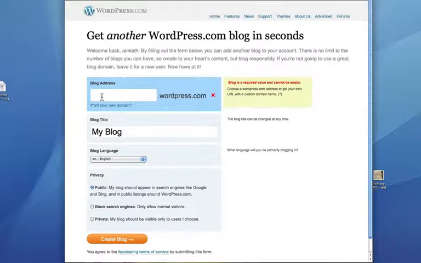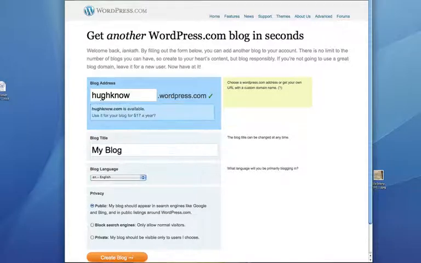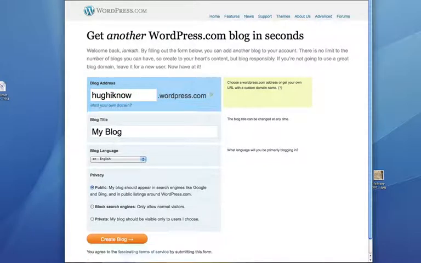I've created a fictitious person. His name is Hugh No, and his full name's Hugh Ignatius No, as a matter of fact, because sometimes we need to have slight variations on a name. If you've got a common name like John Smith, chances are johnsmith.wordpress.com is already gone. So you can try a few alternatives like Hugh I Know or